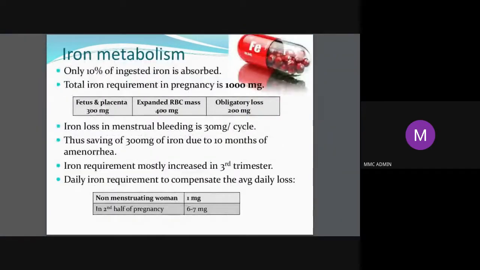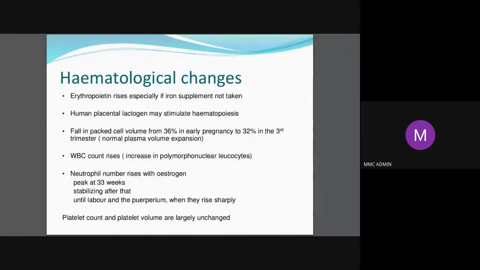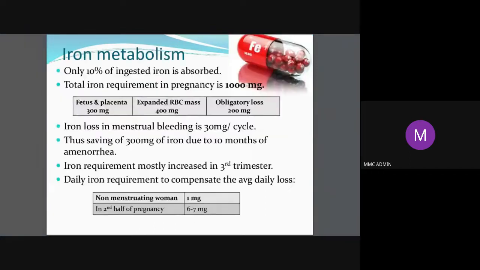So platelet count, I want to tell you, sometimes because of increased consumption, you may have what you call the thrombocytopenia of pregnancy. Maybe we should not bother much about it unless it becomes pathological. Okay. See, iron metabolism, again you have to know, because iron is one of the major supplements that we have to give during pregnancy for a healthy mother and the baby, so that they don't go for severe anemia, failure for the mother, or IUGR or SGA for the baby.